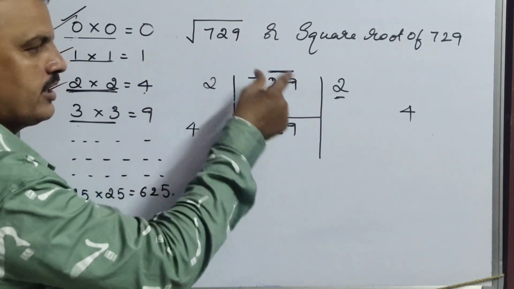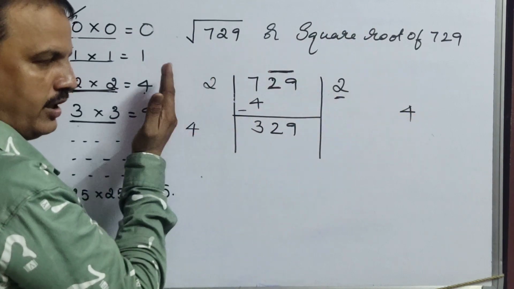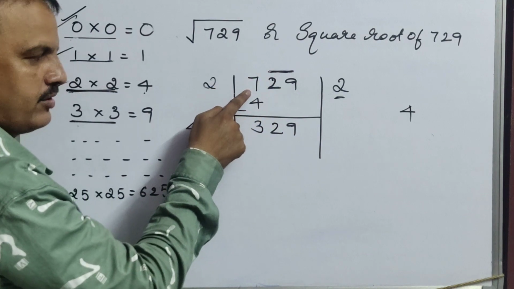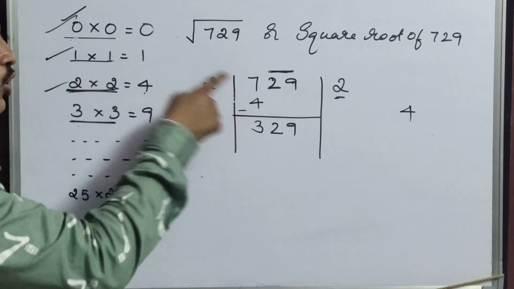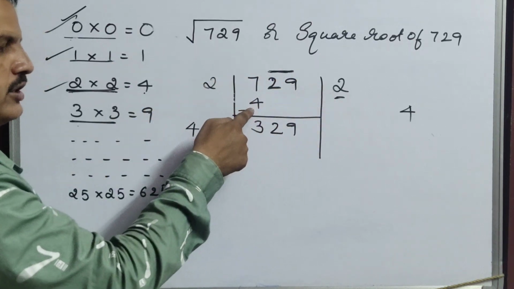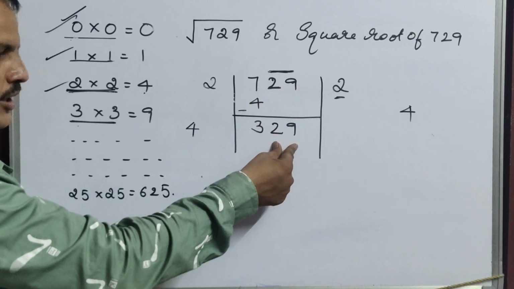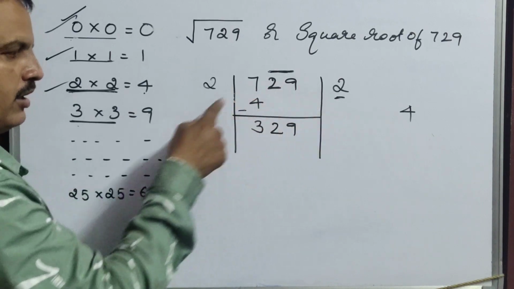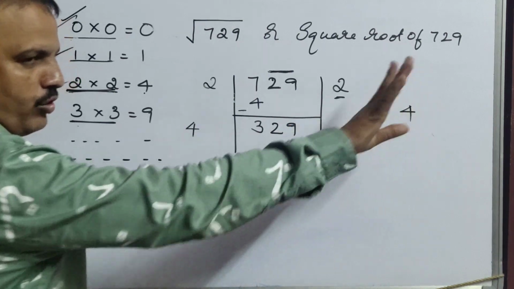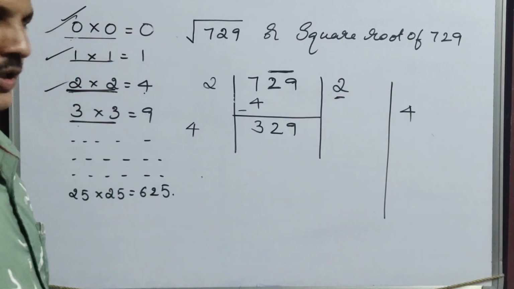Okay, so first, listen very carefully. First, what is the given number you have to write? Bar on every 2 digits from right to left. So bar I kept on 29. Now 7 left. Now 7 means I have to go only with these tables. So 2 2s are 4. I wrote here 4. 7 minus 4 is 3. So bring down 29. Now 2 double 4 cheyali. Okay, 4. Now 4 you write in rough column.